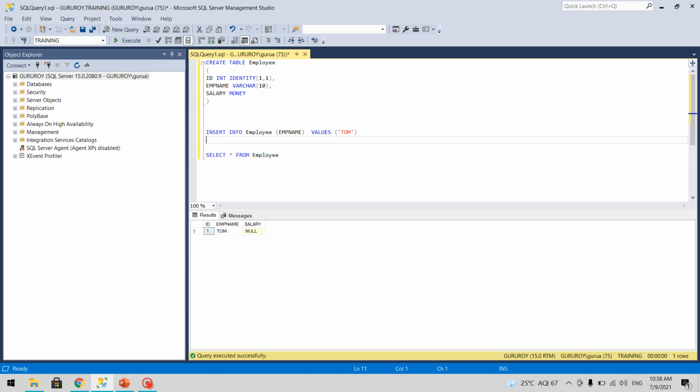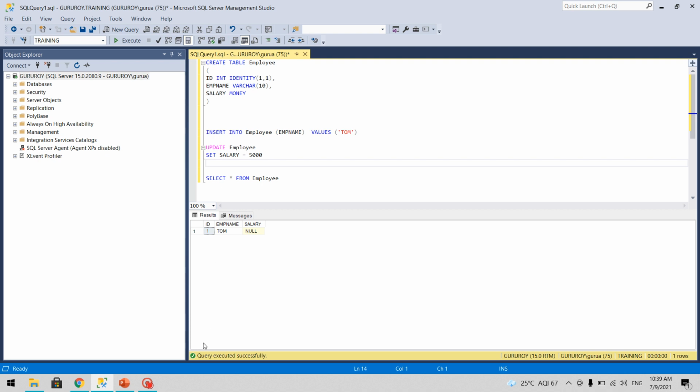Now we'll write another DML statement, an update statement, to set this salary to 5,000. Update table employee, set the column salary, value 5,000. Since we have just one row, even if we don't write a where condition, it's okay, it will update.